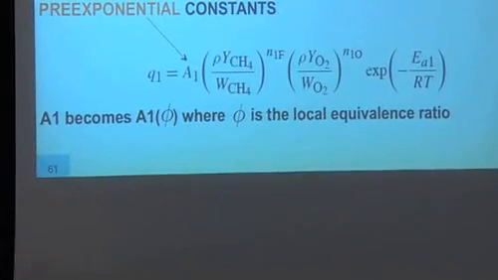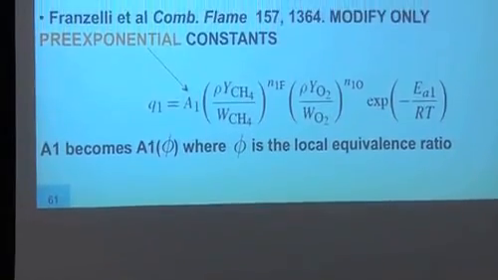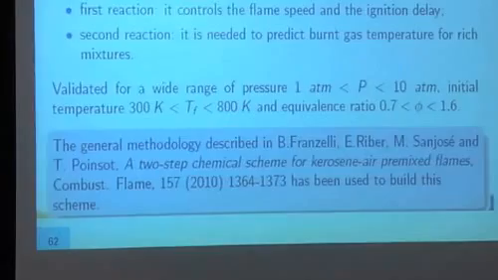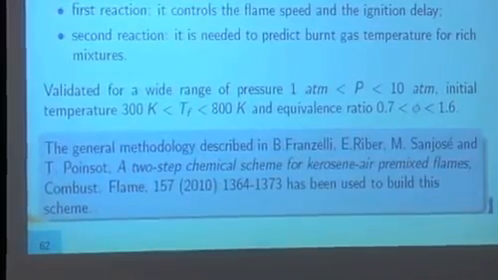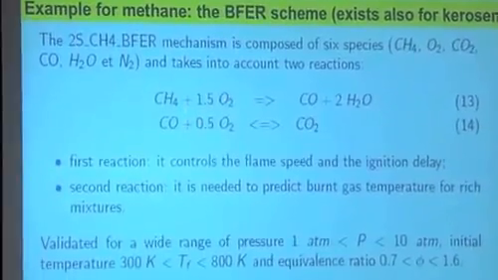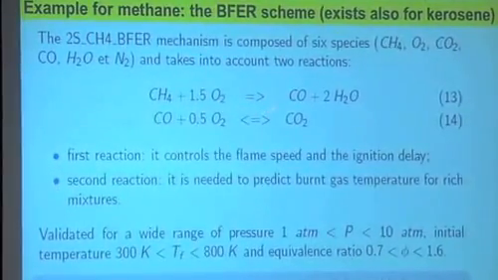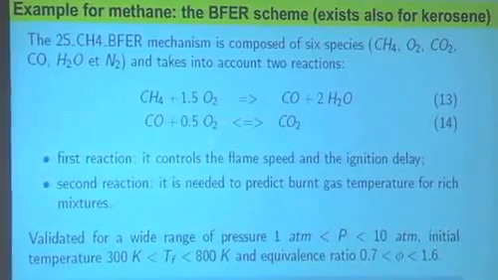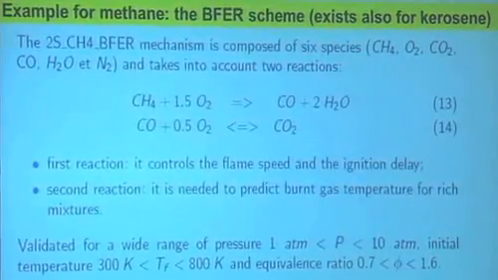And all the rest will be okay. We won't touch it. So in other words, the constant which is here, we're going to make it a function of the local equivalence ratio. So it's not a constant anymore. So this is what we did, for example, for kerosene. We have the same scheme for methane. So we have these 2 reactions, and instead of having fixed pre-exponential constants, we allow ourselves to modify the constants. And how do we do that? Well, we compute again all the target flames with the full scheme, all the target flames with the reduced schemes, and we tune the constants until we match what we want to have.